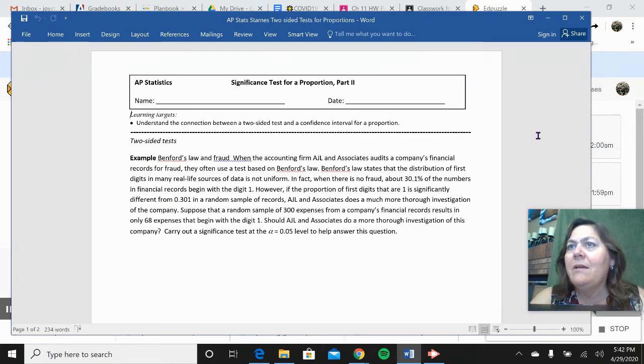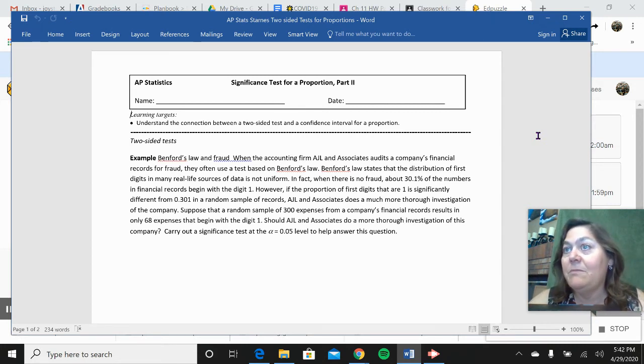Benford's law states that the distribution of first digits in many real-life sources of data is really not uniform. In fact, when there is no fraud, about 30.1% of the numbers in financial records begin with the digit 1. However, if the proportion of first digits that are a 1 is significantly different from, two-tailed, that 0.301,